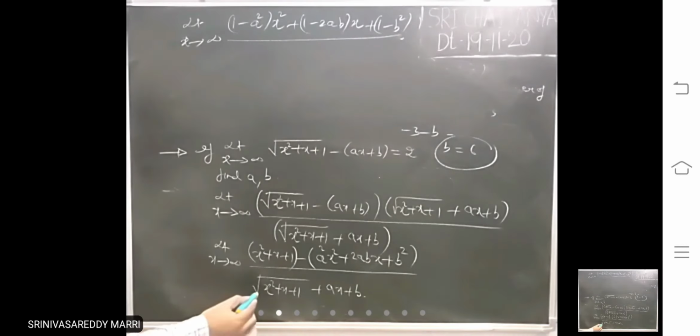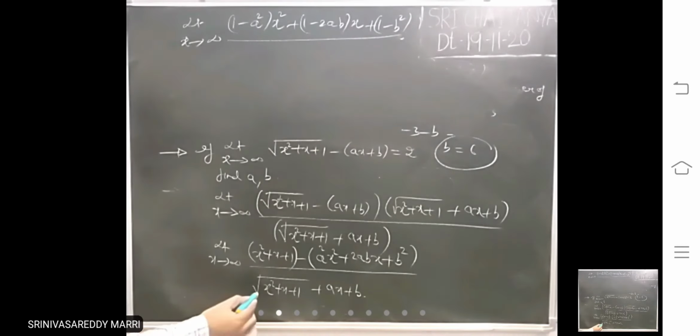Now what is the numerator degree? X power 1 you got common, so numerator degree is 1. In the denominator the degree is also 1. In the numerator, what are the terms that are more than x power 1? X square is there. That must be 0, because if an x square term is present and you take it common, the limit will become infinity. Terms more than x power 1 must be 0. So 1 minus a square must be 0, and this term will become 0.